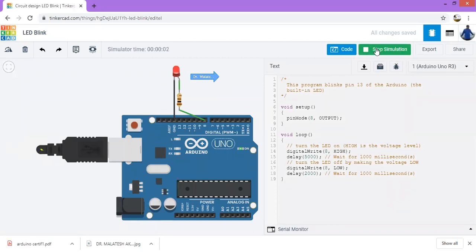The same. So I did nothing, I just changed the pin from pin number 13 to 8. Now we can observe that the inbuilt LED is not going to glow, because we have not given pin number 13. Internally, that LED is connected to pin number 13 only. Whenever pin number 13 is high, that time the inbuilt LED will be on. When pin number 13 is low, this inbuilt LED will be off.